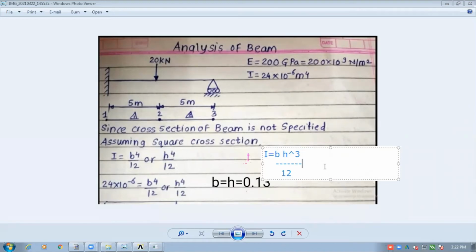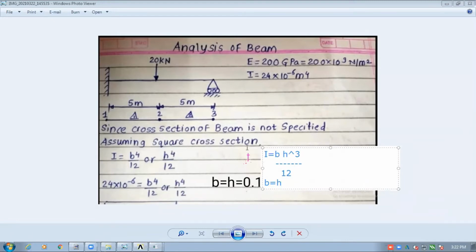That means B is equal to H. As the value is not given, we will assume B is equal to H. Is it understood? So this becomes a square cross section.